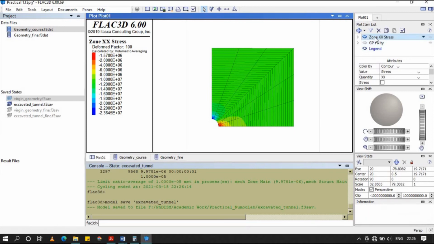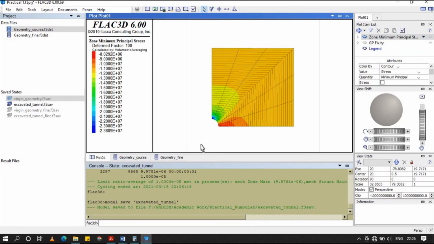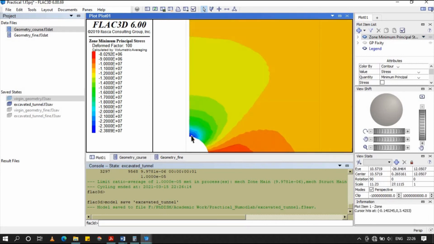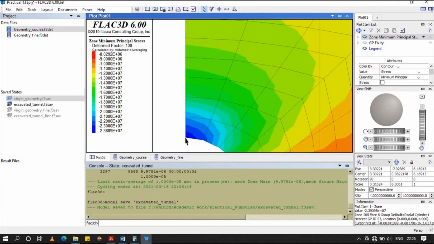So for that you have to click on this zone, contour, value will be stress and quantity will be minimum principal, in which you're going to see the value of stress at this point near the position crown.